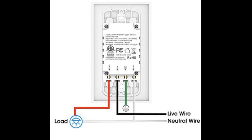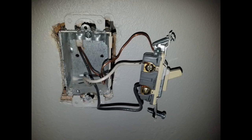Also, the switches don't seem to have any indicator on them as to whether or not the light it's controlling is on or off. You can see in the apps what is currently on or off, and usually you can tell if the light the switch controls is in the room of the switch. But one of the switches I put for my front porch light, I can't see that light easily without